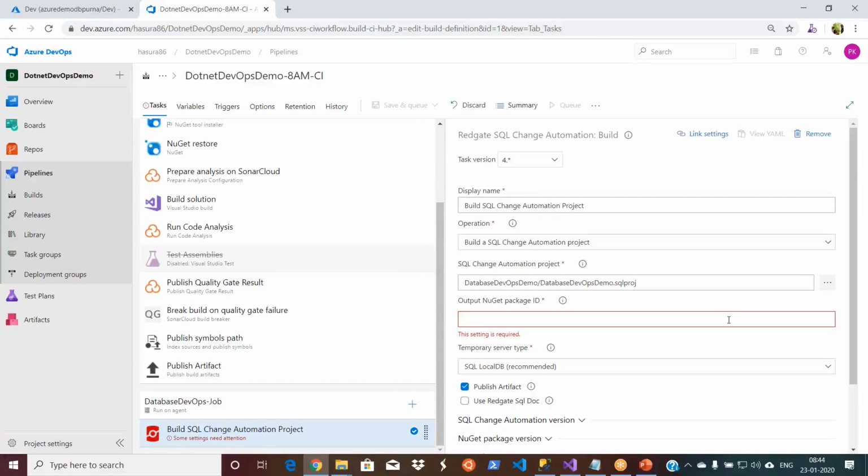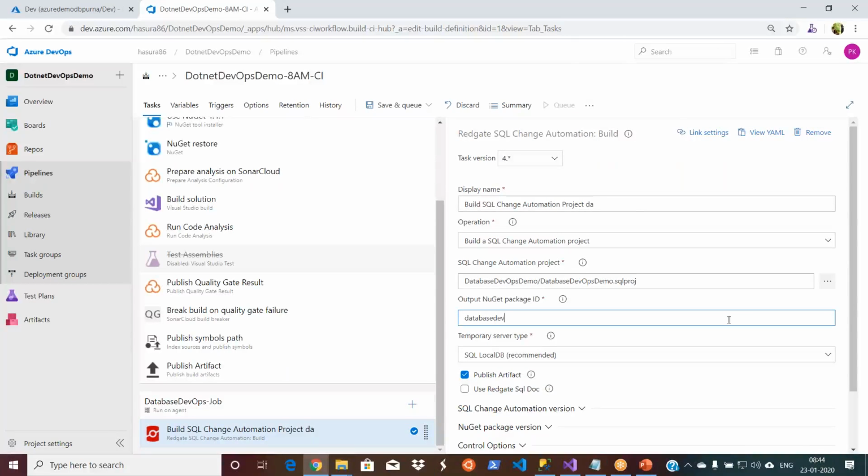You can give some name, the way you store a Maven package. You can give any name. Basically, it will be stored in your Azure DevOps as a NuGet package, and when you are doing the release pipeline, it will take it from there. Of course, as part of your application development, you also have some naming conventions. You use the name as per your naming convention.